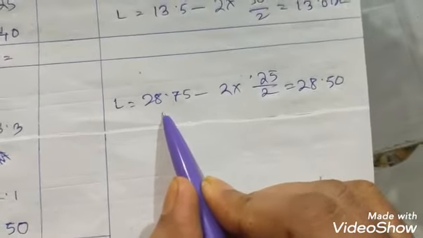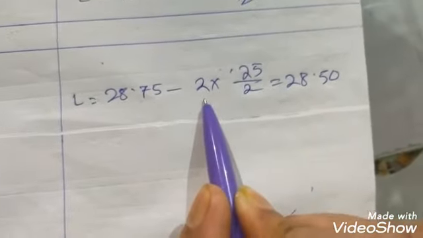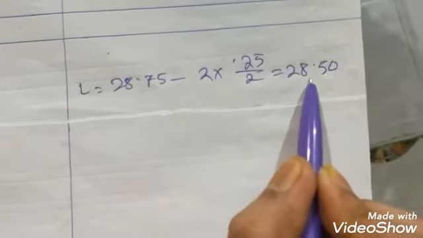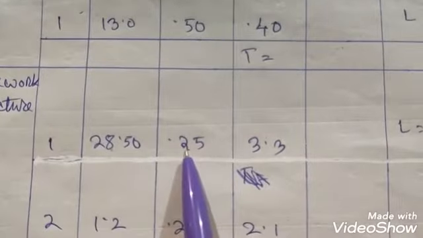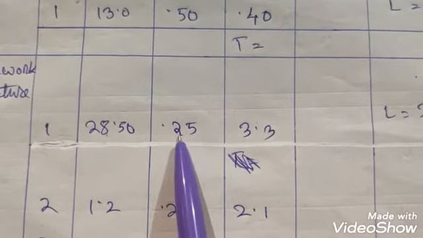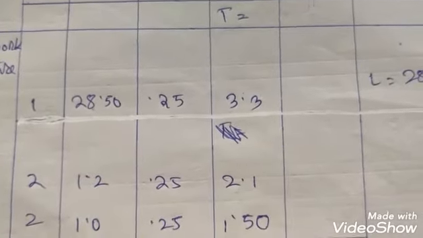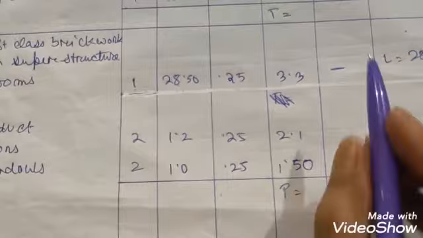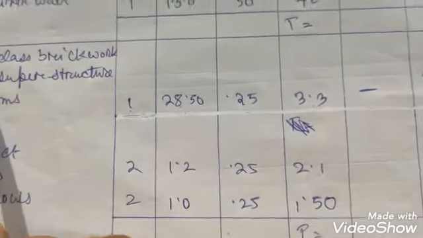So the center to center length of the walls of the rooms is 28.75 meters, minus the number of junctions for the rooms into the breadth of the superstructure walls, divided by 2. The length comes out to be 28.5 meters. So under the length column we will write 28.5. The breadth of the superstructure wall, I have already mentioned, is 0.25, and the height, I have already mentioned, is 3.3. It is also given in the section. So number into length into breadth into height, we will find out the quantity. Okay. So we have found out the total quantity for first class brickwork in superstructure walls for the rooms.